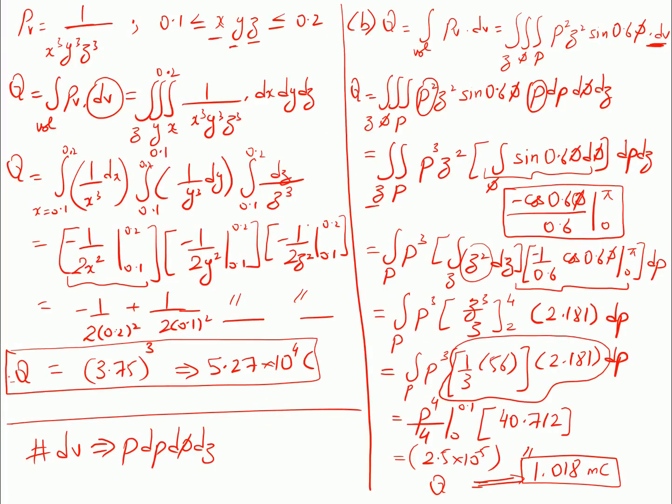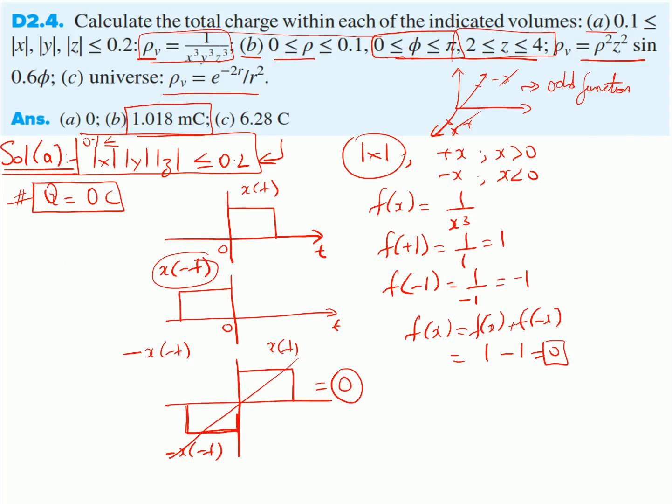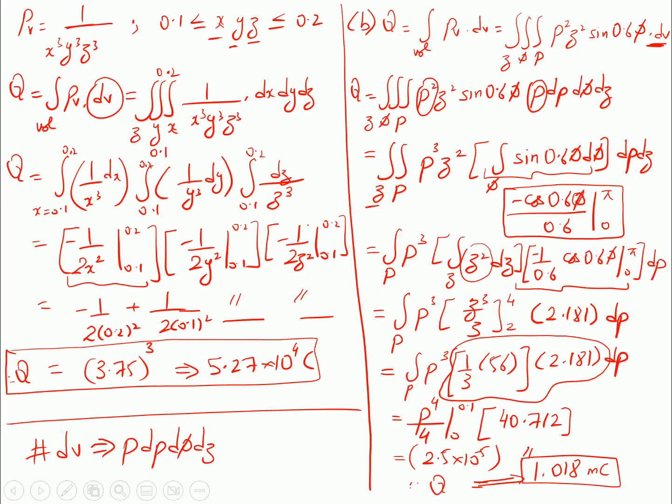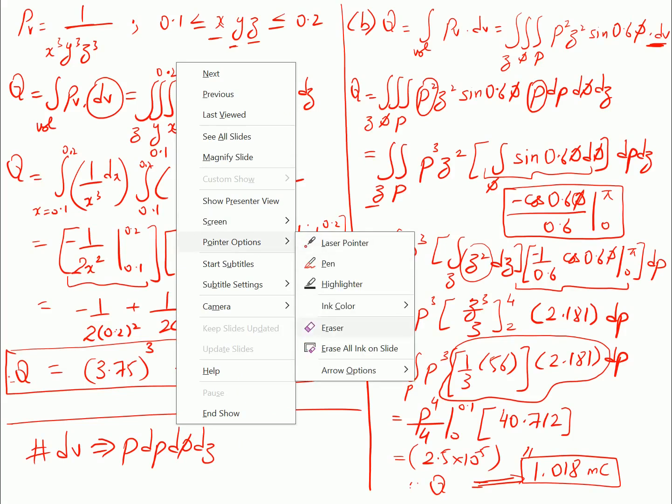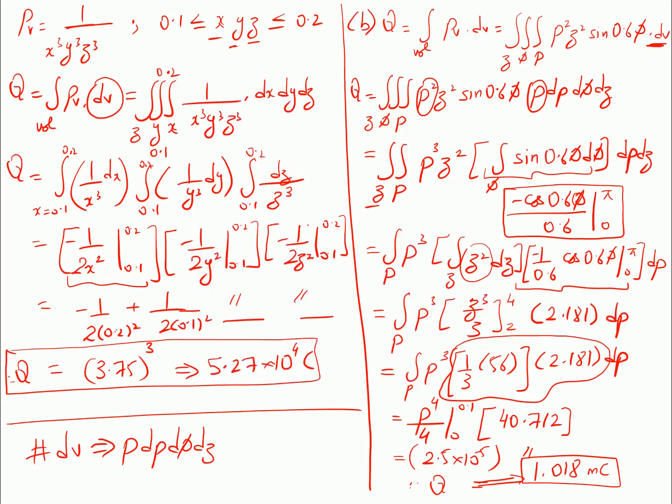So this is the solution to the second part. Now what about the third part? The third part is homework for you. You can solve this. The solution to the third part should give you the answer of 6.28 coulombs. For the third part, I'm going to write the limits for you, so you can have a go at this. Let's say for the third part,